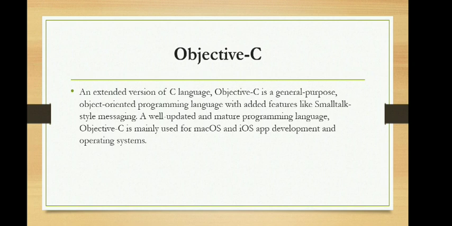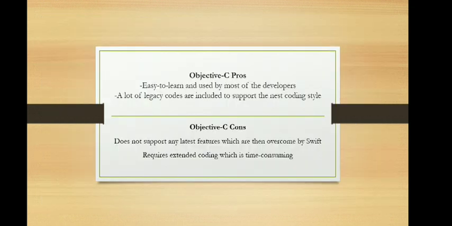Objective-C, an extended version of the C language. Objective-C is a general-purpose, object-oriented programming language with added features like Smalltalk-style messaging, a well-updated, mature programming language. It is mainly used for macOS and iOS app development and operating systems. Objective-C pros: easy to learn and used by most developers, and a lot of legacy code is included